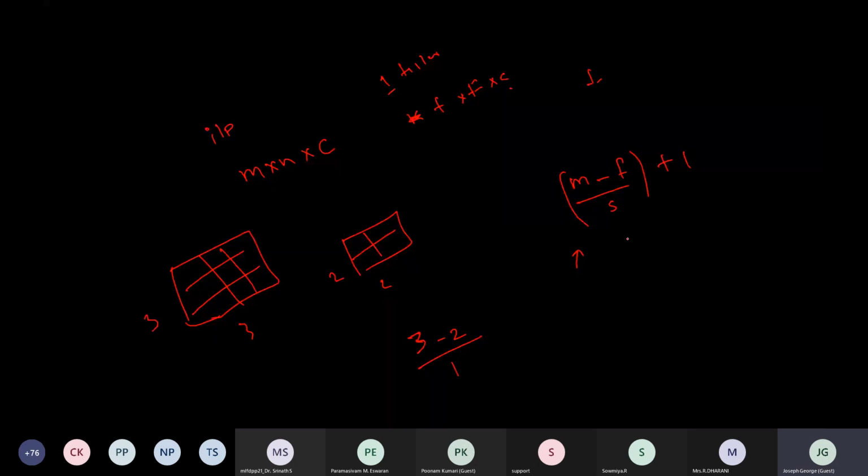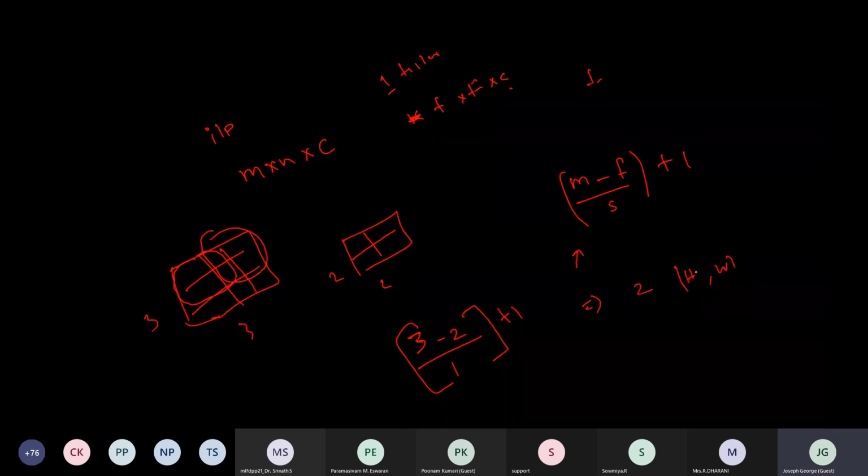Here I am moving only 1 pixel at a time, so I am taking the stride value as 1. So 3 minus 2 plus 1 gives you 2. So the height as well as the width of the output feature map of a particular channel will be 2 cross 2. And if you increase the number of filters,